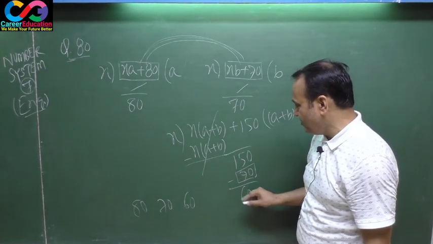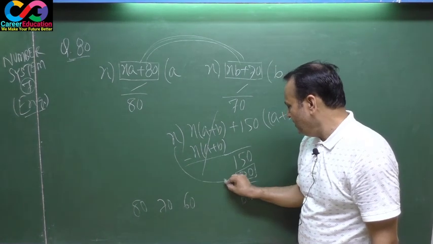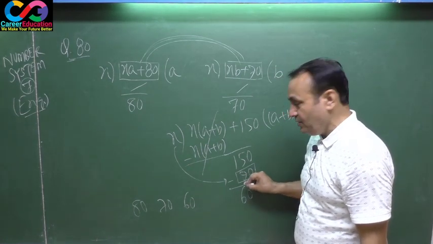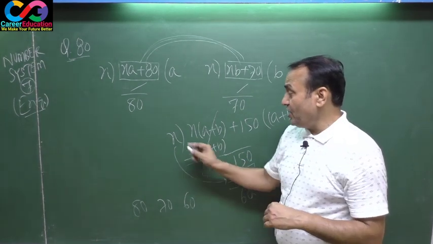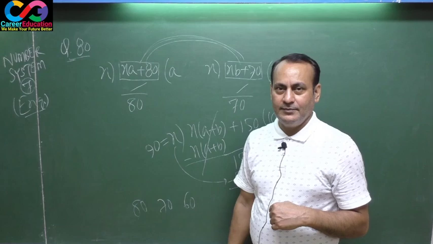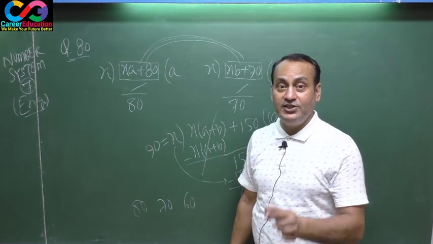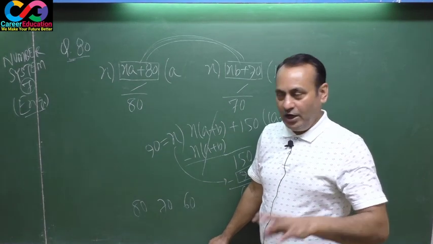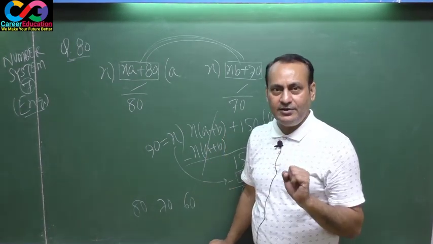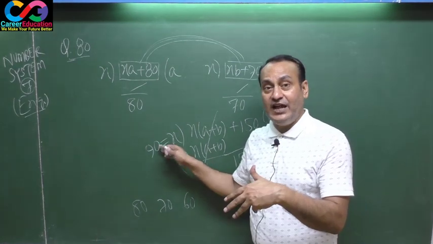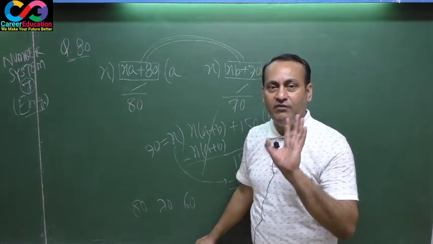But see here the concept. That means if 90 came here, certainly x was 90. If I say certainly x was 90, this is completely wrong. However, finally 90 will be the right answer. But if I say here, if this is 90, certainly x is 90, this is a completely false statement.